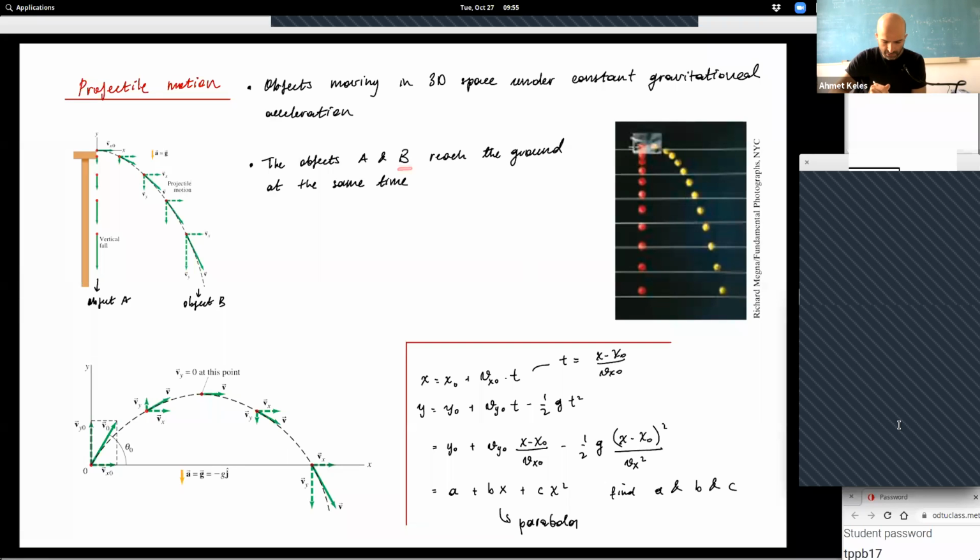You can actually do this experiment. I think you can use your cell phone's camera, and you can just drop some object and record it. Then later you go back to your video, look at the instants, and calculate the distance. Maybe you can even put a meter stick and compare the distance with that meter stick. And the upshot is, yes, you can verify this experimentally. Red ball here and yellow ball here, you can see at any instant they follow each other and they reach the ground at the same time.